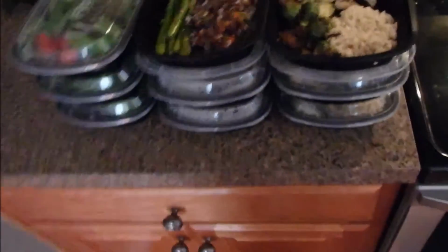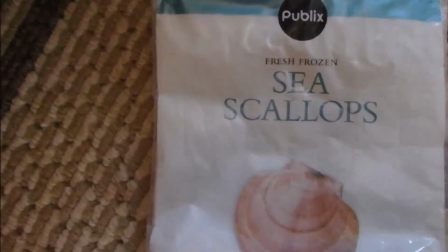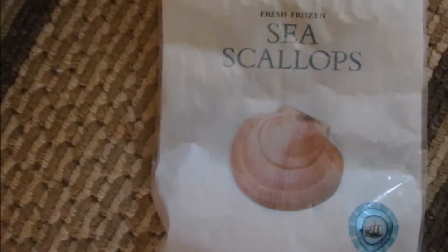The rest of it is the tuna, and oh, the scallops that I make, I showed you guys these yesterday. Oh, where are they? So it's just these Publix sea scallops. I bought the smaller ones this time because I didn't realize these were expensive, but these are the macros on that. And how I cook those is